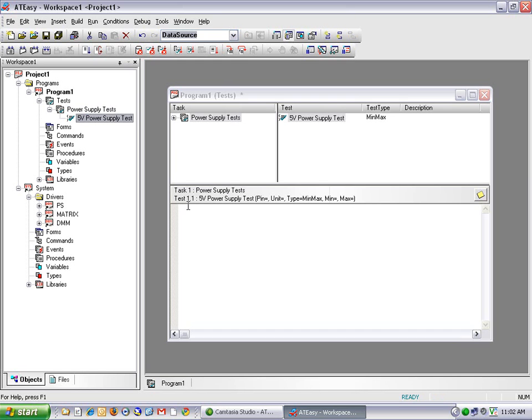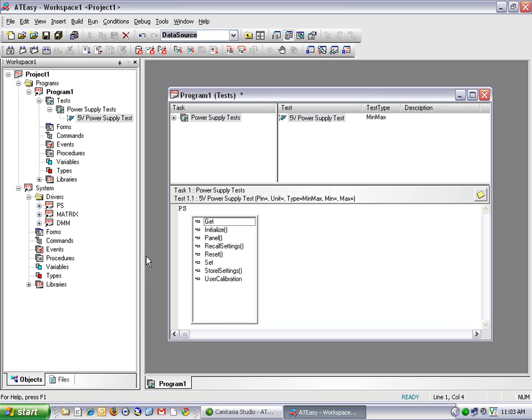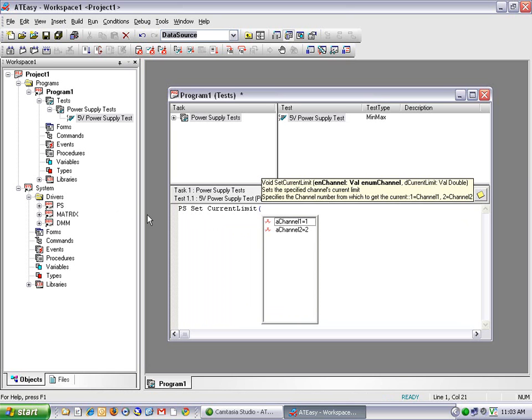So now I can get started on my test code, and the first thing I'm going to do is write some commands to configure my power supply. To address my power supply, I'm going to type in PS, which is the same as the driver shortcut name here, and space, and then I'm going to select set current limit on channel 1